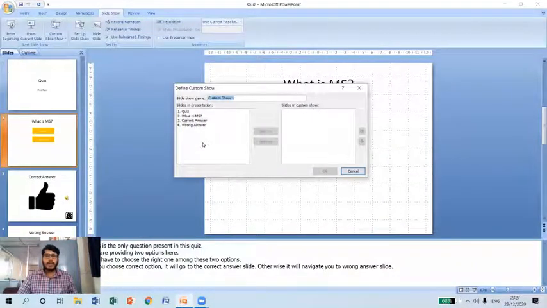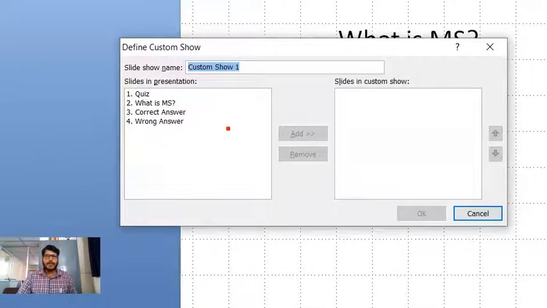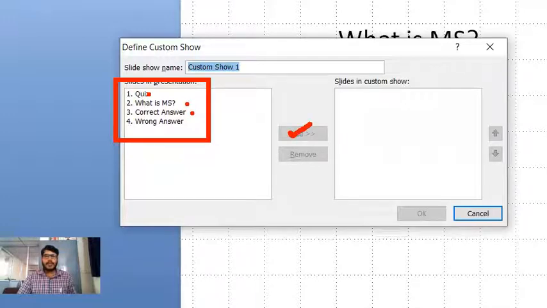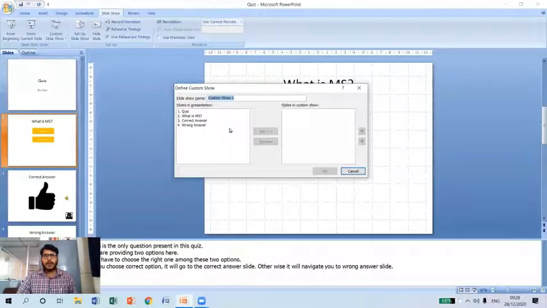After clicking, you can observe that whatever slides are present in the presentation appear on the left-hand side. We simply select a particular slide, and after selecting, we click on the add button so that the selected slides will be added to the custom show. Now let me show you how it is done.